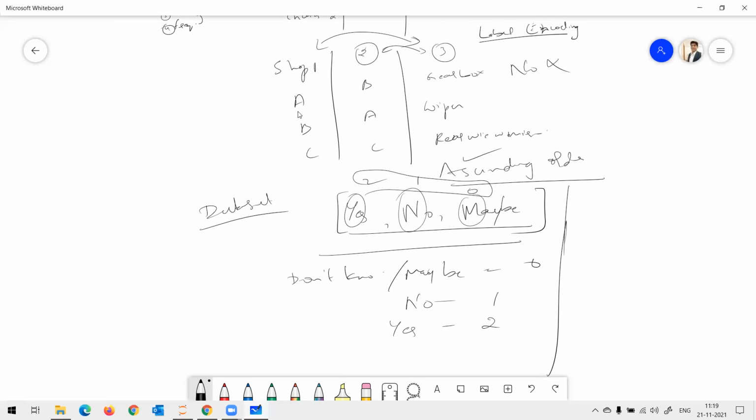So every column which has this yes, no, maybe, we can compare them side by side. Is this clear? Yes. Yes.